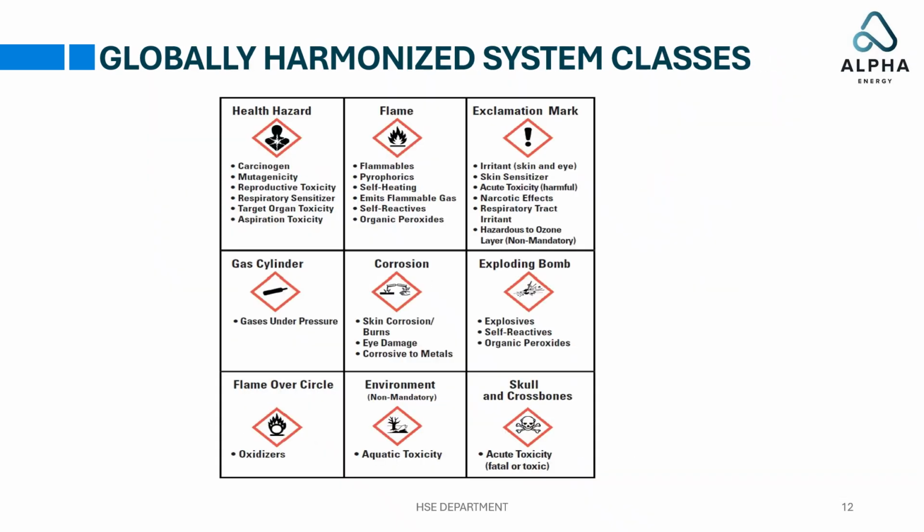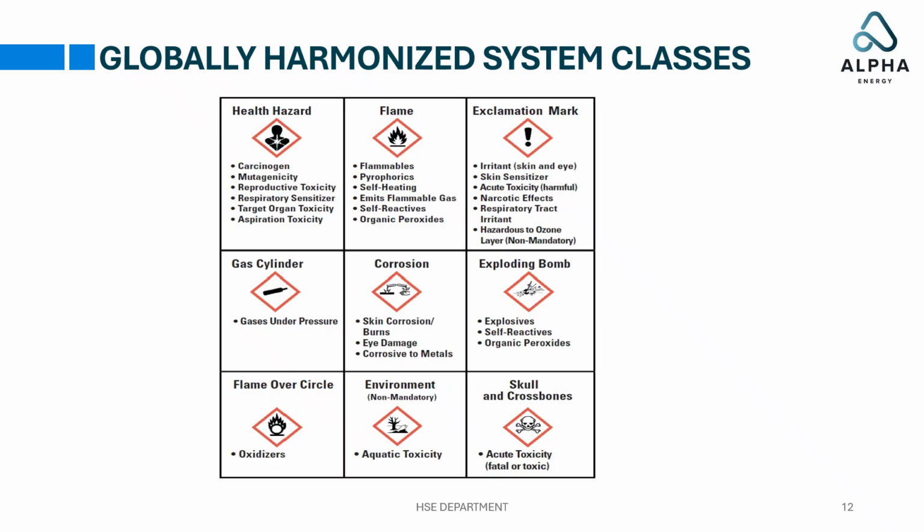Globally harmonized system classes illustrates the universally recognized pictograms and their corresponding hazard classifications under the Globally Harmonized System, GHS, for the classification and labeling of chemicals. Each pictogram represents a specific type of hazard, such as health hazard, for carcinogens, mutagens, respiratory sensitizers, etc., flame, for flammables, pyrophoric, self-heating, etc.,